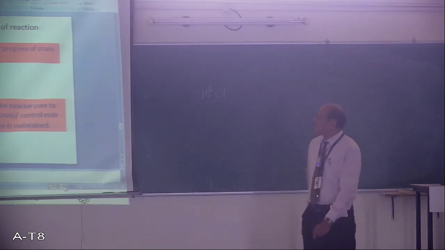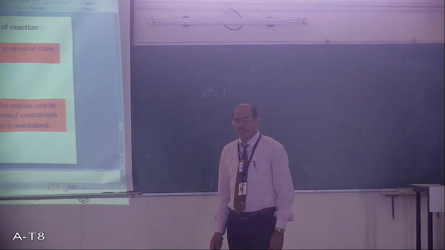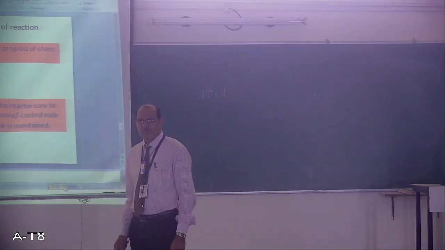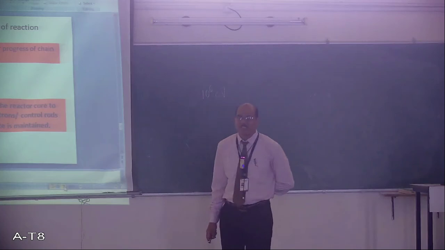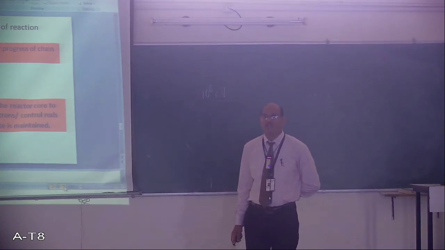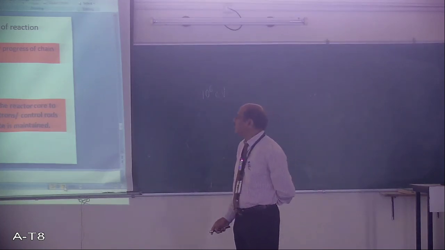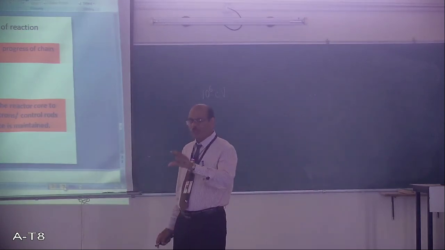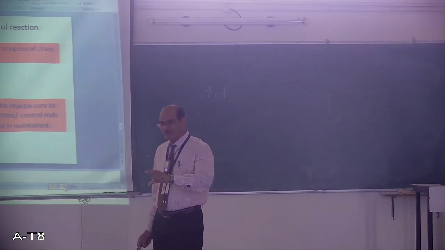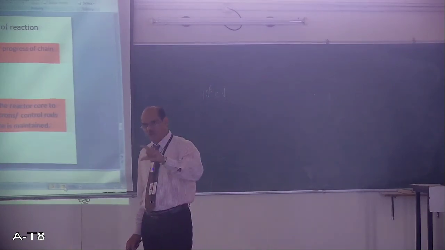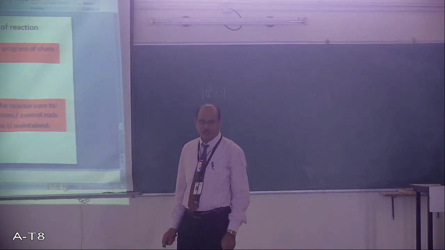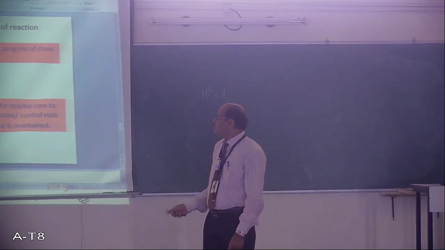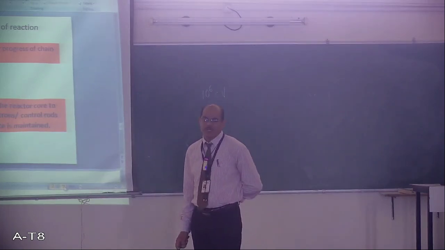Then next part, control rods. So in the reactor core itself, control rods are to be introduced. So what is the purpose of usage of control rods? Just to control the reaction, to control the rate of reaction. Okay, so the rate of reaction should be uniform, so that it should not exceed a particular value, or fall below it. So in order to maintain a uniform reaction rate, control rods are used.